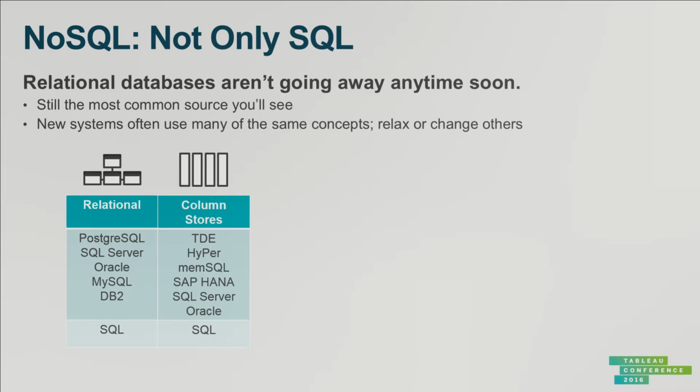These still present that same relational model to the user, so they'll still run the same queries. They're just organized very differently. Instead of a row-oriented store like what we've talked about, they store each column separately. And this actually is really, really good for the kind of analytic questions that products like Tableau ask. Those grouping and aggregation problems fly on these systems.